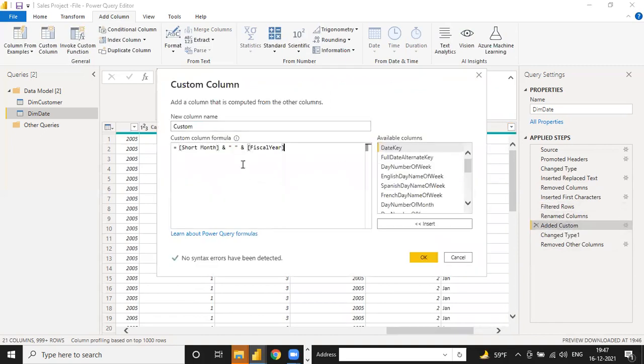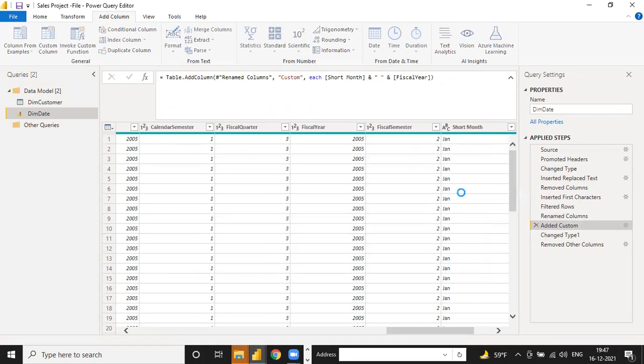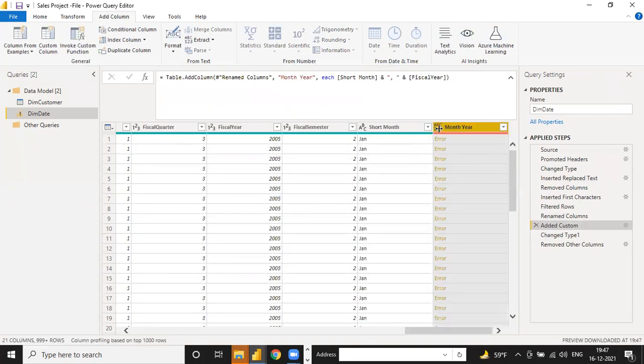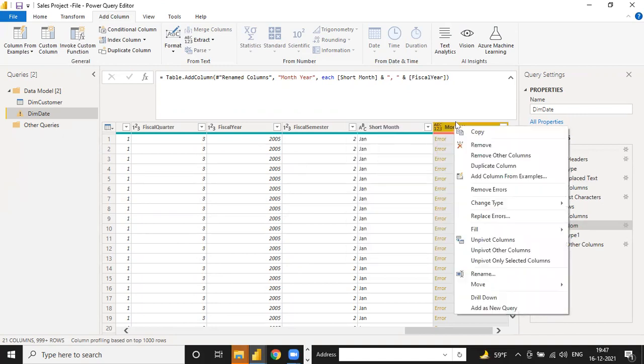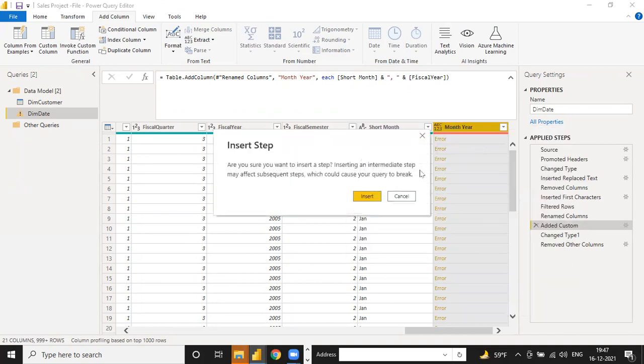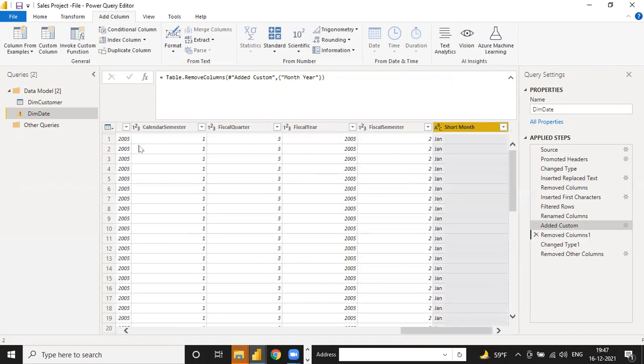Go to this setting, fiscal year, custom, month and year, short month, and maybe some data formatting errors. Okay, no worry. We can use this with another table format.